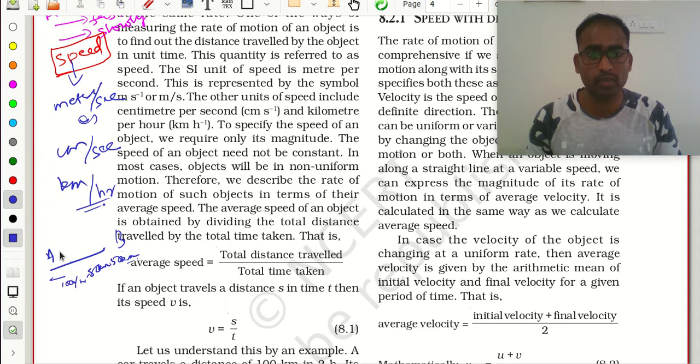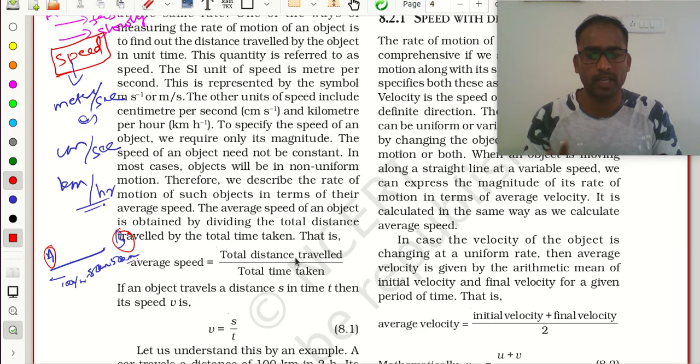So now what I need to do is tell one average speed. I need to tell one speed, that he moved from A to B with this much speed. That speed should be the average speed. Now what is average speed? Average speed is nothing but the total distance traveled from A to B upon the total time taken.